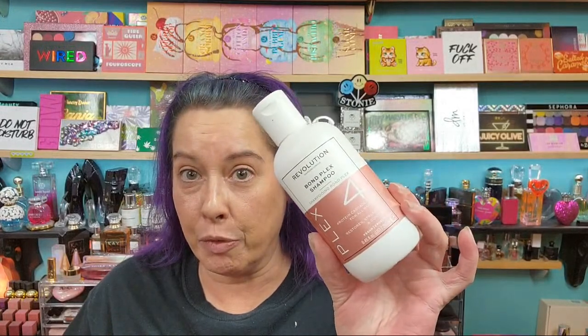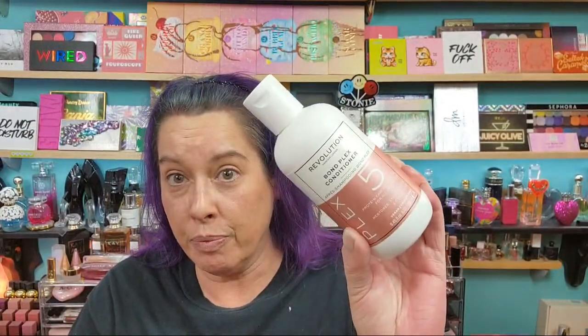So that's step 3. And step 4 is the Bond Plex shampoo. I don't know if there's a step 1 and 2 because I don't have 1 and 2. I have 3, 4, 5, 6, and 7. And again, Protein Cascade System for all hair types, restores, strengthens, conditions. And these are vegan and cruelty free. So we got the pre-shampoo, the shampoo, the conditioner,